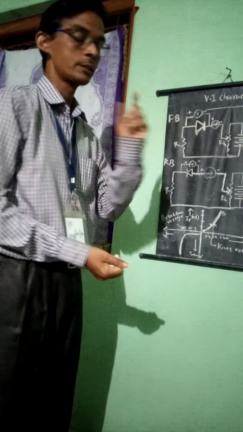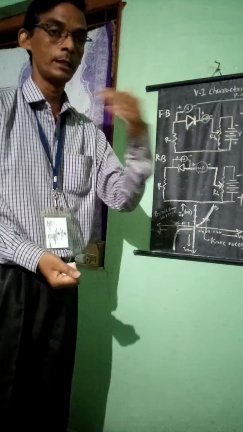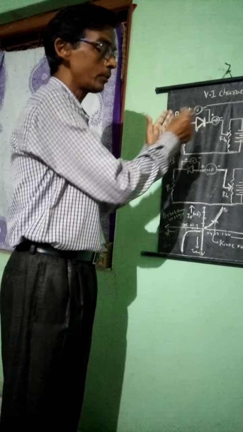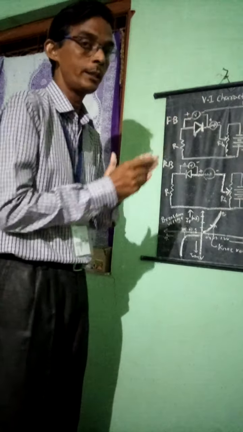The knee voltage is the voltage at which the current, which is initially very small, rises. Initially the flow of conventional or drift current is very small. Then, as the depletion layer is reduced due to application of this voltage, the conventional current rises up suddenly. In this graph, up to this point it is minimum, then the current establishes as the depletion layer is reduced, and overcoming the barrier potential can easily take place.